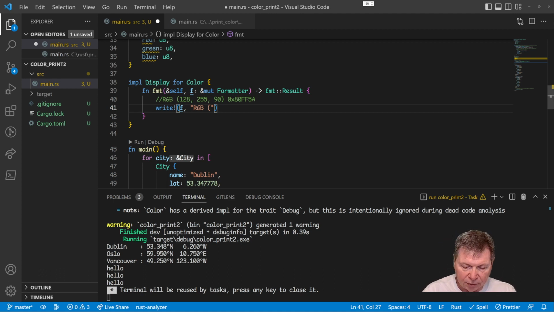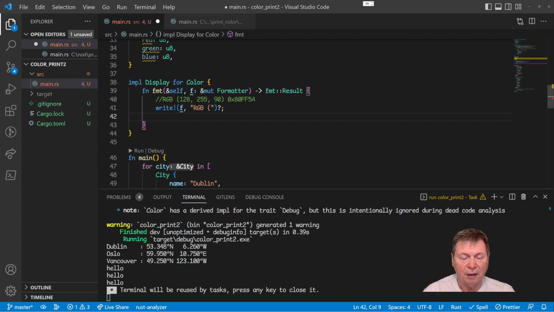So now we need to use that semicolon because we want to write more code, but we want to use question mark semicolon because we want to return an error if there's an error, right? And then we want to write to F, we want to write R, G, and B. So it's self dot